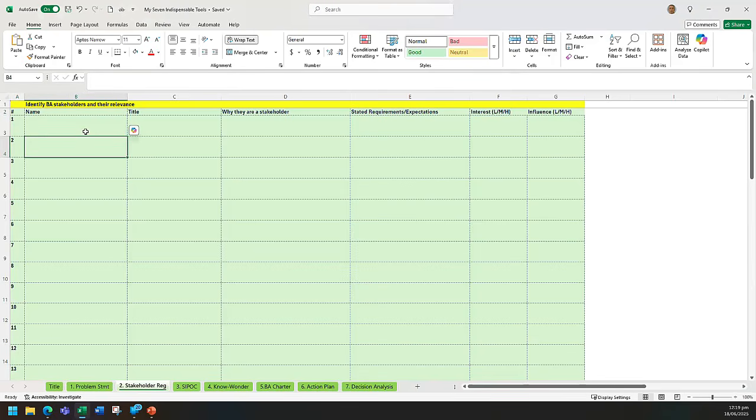So if it's a group of project managers, or a group of asset planners, at a place I'm working at the moment. So you'd have the name, their title, why are they a stakeholder, and what are their stated requirements or expectations, which I think is really important. When you're talking to people, it's useful to say, I spoke to Carol, and Carol said, please make sure you do this. You pop it in there, and then it's a little checklist for you later, so that as you're working through your project, you can run your eye down and say,